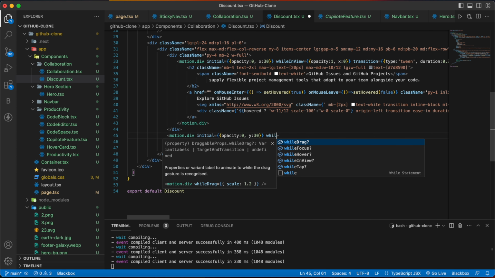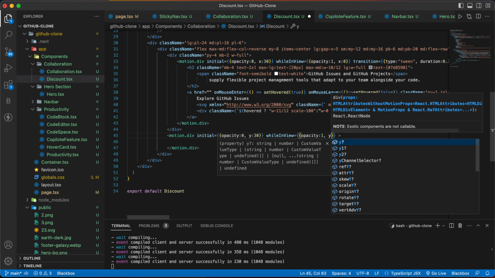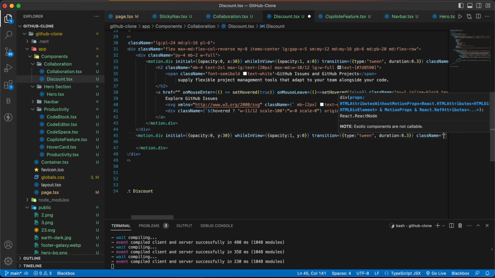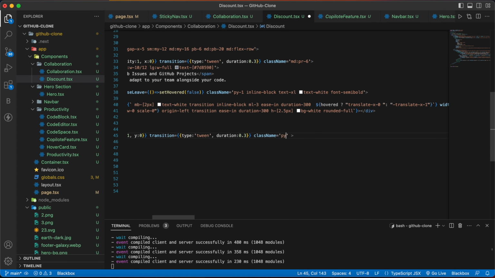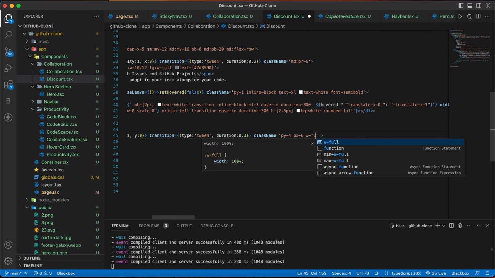Then we are going to have while in view opacity of 1, y 0, then transition, and it will be type of tween, duration of 0.3 seconds, and then we are going to have our class names py-4, px-6, w-full,